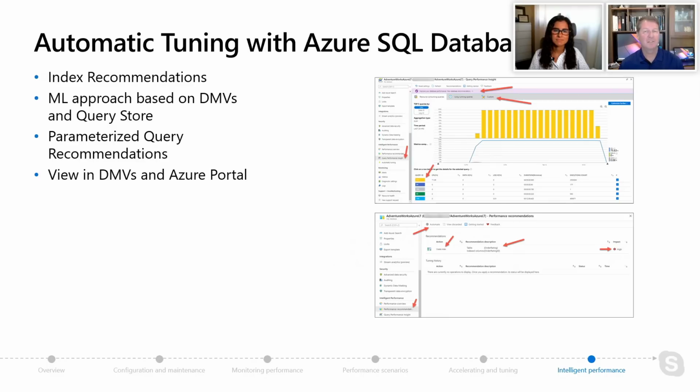And what's really cool about this is that if you turn on this functionality, we can monitor for indexes that did get applied and then drop them if necessary. Or even better, you can just turn it on and we'll just do it for you. So automatic tuning with Azure SQL Database refers specifically to the automatic indexing feature that we supply if you deploy to Azure SQL Database.